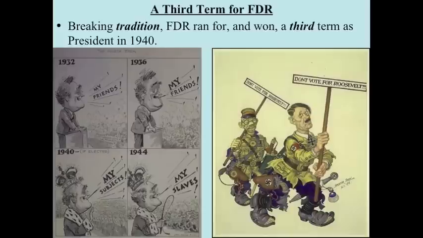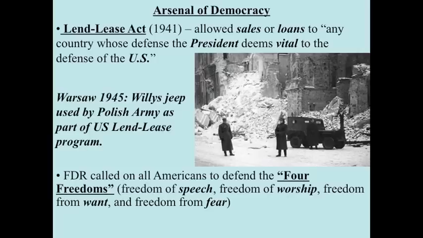In November of 1940, Roosevelt wins re-election to a third term as president, which had never before happened in history. His easy victory encourages him to push even further for American involvement in the war. In January 1941, FDR proposes to provide war supplies to Great Britain without any payment in return. Seems crazy, I know, but FDR's logic was that if your neighbor's house is on fire, you're not going to sell him your hose. You're going to lend it to him and then get it back after the fire is